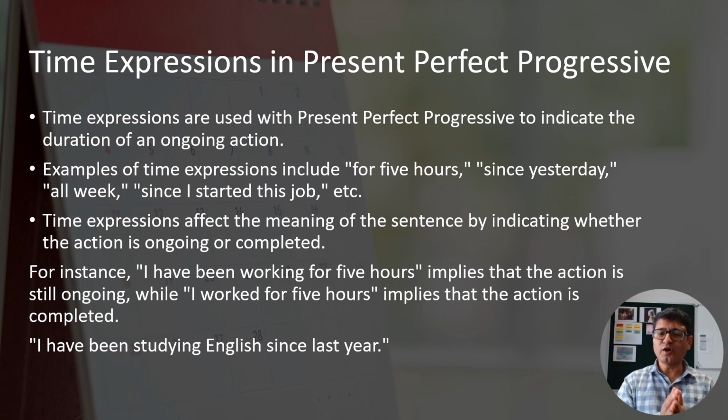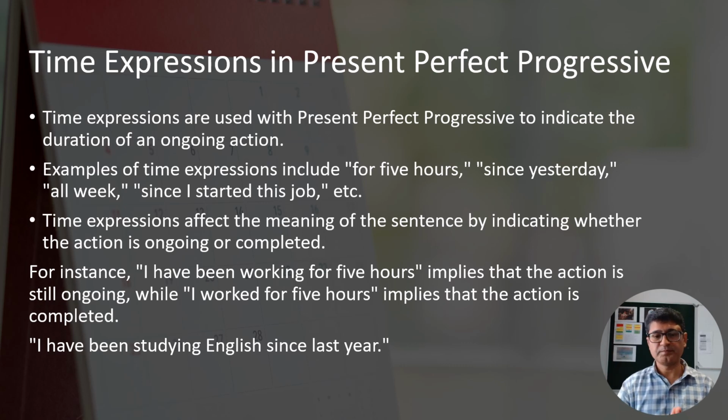We use for when the period is mentioned, like for 2 years, for 3 days, for 5 weeks. But if there is a point of time, then we will use since with that, not for, like since yesterday, since Monday, since first century, since January, since 1947, right? But you need to practice to get good at that,